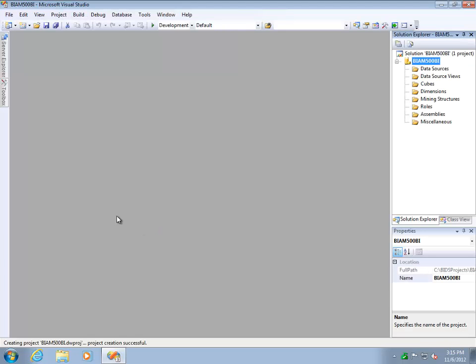If you look down below here, the project was created successfully, and it now has a solution. Under the solution, it gives me the following, and I'm going to sort of go down this list to some extent. I'm going to define a data source. We're going to create a data source view, and then we're going to do cubes and take a look at dimensions as well. So I right-click on data sources and create a new data source,